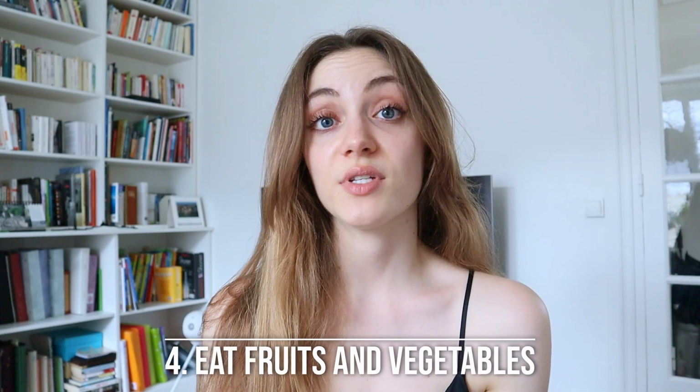Eat tons of fruit and vegetables. They are the basis for hair growth because they contain so many vitamins and minerals and also antioxidants, which are very important for hair growth. Antioxidants can help fight the damage caused by free radicals, so for instance from the sun, and they can help fight premature aging. Also, vitamin C is essential to produce collagen, which is a very important part of hair structure,